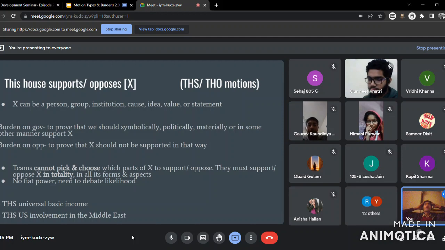Okay. So fiat basically means the assumption in debating. If we say that Gov has fiat to claim something, what it means is that Gov can assume that that something would happen in their world. So if Gov has fiat to assume that the policy will pass, like Gov has fiat to implement that policy, what you need to assume is Gov is capable of getting that policy passed in the parliament and capable of implementing that to some extent.